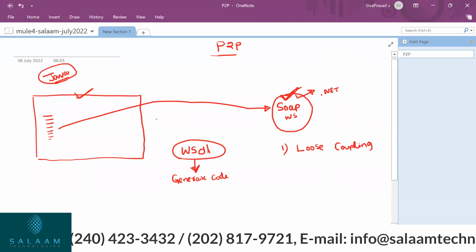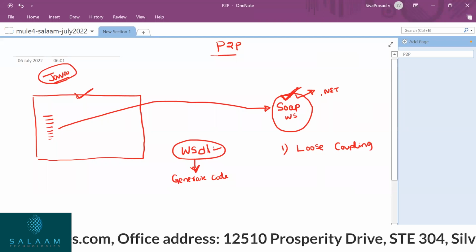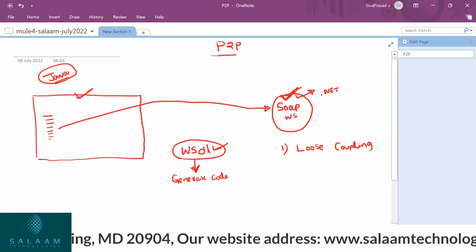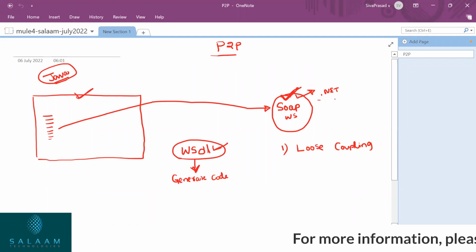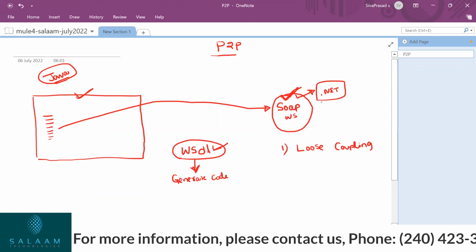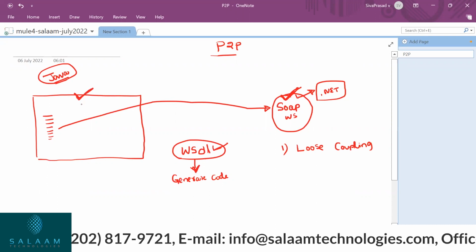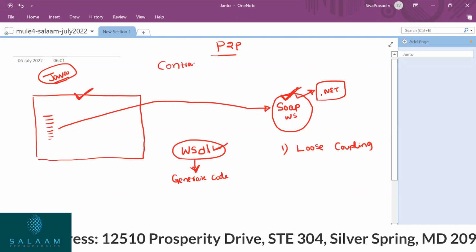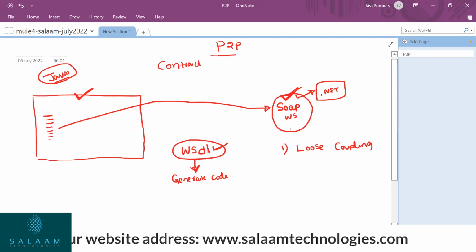Suppose, actually, as I said, there will be a contract between the consumer and the provider. What is the contract in this case? WSDL, right? If I have to say that my application is loosely coupled with another application, there is some rule. Even though there are some changes at the implementation level, if the client code need not change, as long as the contract is the same,